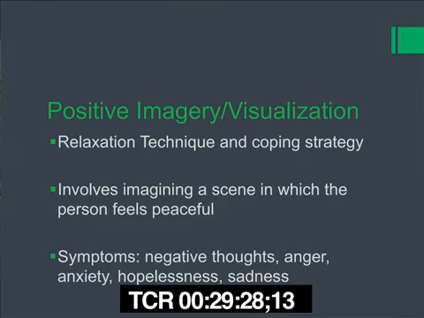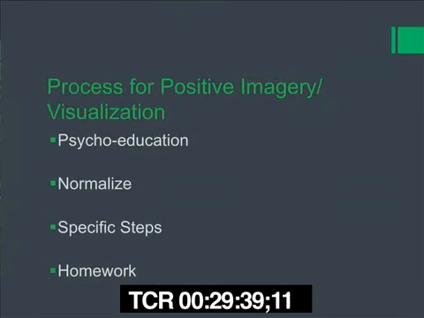The role of the social worker or the clinician in this particular instance is to help the patient come up with this visual image, and to provide psychoeducation. So basically, the process for visualization is the same as it is with the other interventions, which is to provide psychoeducation. And that is, everybody needs times where they basically need to go into a different state temporarily to kind of decompress. They're struggling with anger or anxiety or whatever the symptom is, and they just need to kind of calm down and relax their central nervous system. And that is something we all do.